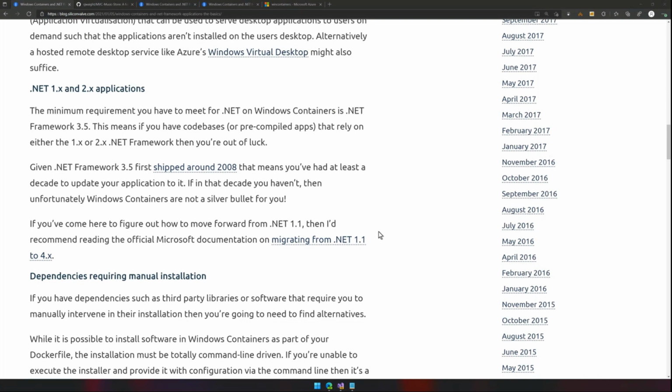The minimum level you need in order to be able to run a .NET Framework app inside of a Windows container is .NET 3.5. And yes, I know that .NET 3.5 still runs on the same CLR as 2.0, but the support line that Microsoft has drawn for Windows containers and .NET is 3.5. Now, as I said here, given .NET 3.5 shipped in 2008, you should at least be running that as your minimum. Hopefully you're well beyond that and somewhere in the high 3s or mid 4s, potentially even on 4.8.